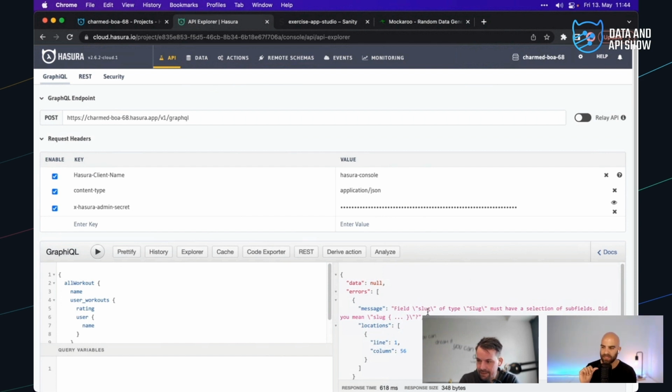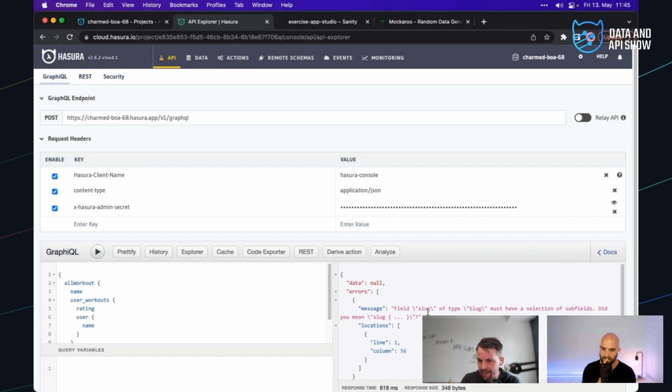One is, does Sanity have the notion of a computed field where it would just give us a flat value? Yeah, that usually happens in the query, right? So you would map whatever to a root key or something. So it's not exactly like you would have in a Postgres or something.